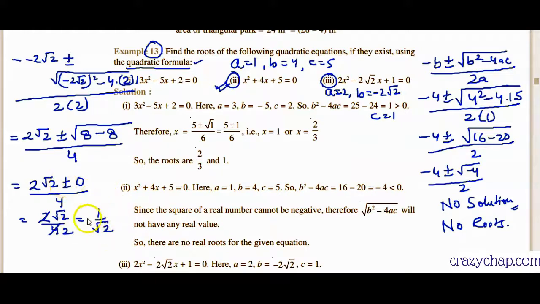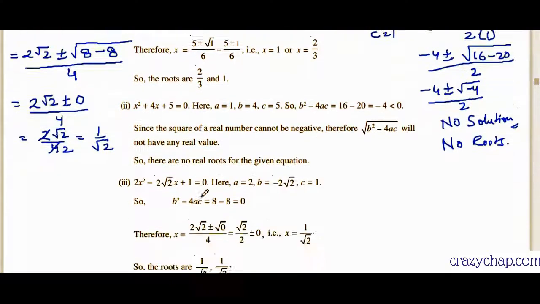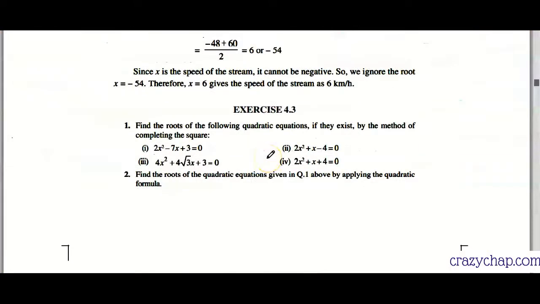We have got only one value of x, right? Okay, this is another example. Like here we got only one value of x. So any quadratic equation can have no value of x or one value of x or two values of x, right? Okay, let's move on. Have a look at exercise 4.3, question number 3, part 1. Okay, we have to do this question by the method of completing the square. So we'll see how to do that.